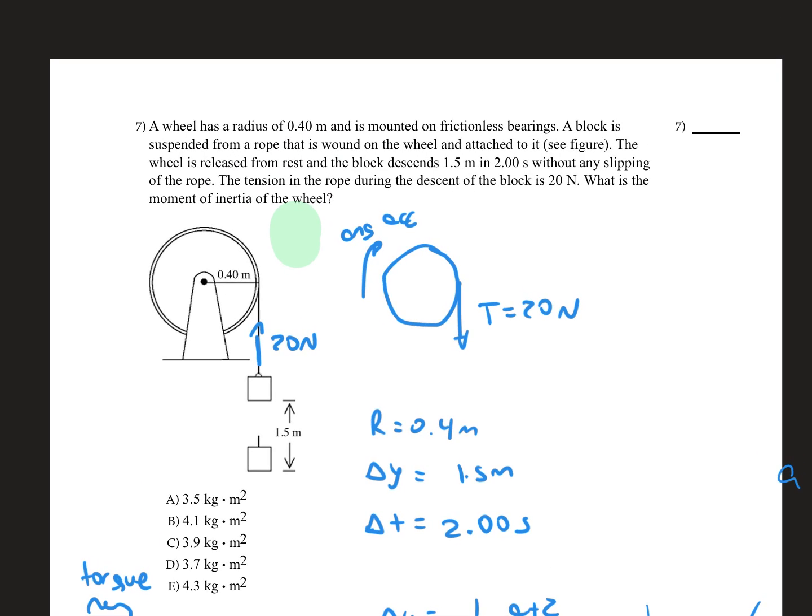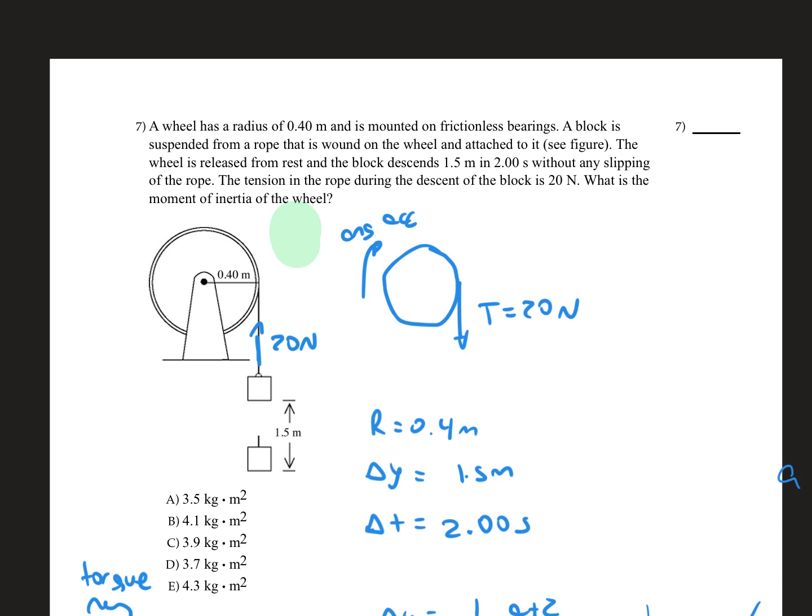In this problem, it says the following. A wheel has a radius of 0.40 meters and is mounted on frictionless bearings. Now, a block is suspended from a rope that is wound on the wheel and attached to it. The wheel is released from rest and the block descends 1.5 meters in 2 seconds without any slipping of the